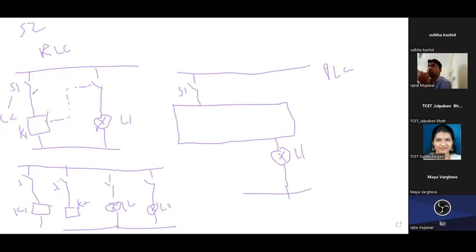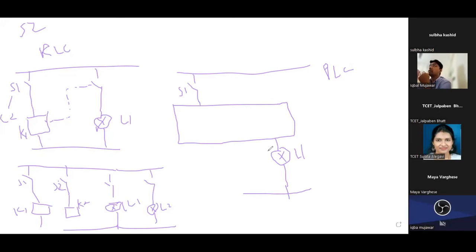This is a very simple circuit previously, because only S1 is connected with L1. But now two switches are there, S1 and S2, which we need to control with L1 and L2. Then I need additional switches. I need an additional lamp, no doubt, because an additional component is added. I need to control one more device, and wiring is also added. I need to arrange all those things. Again, lots of changes are there.